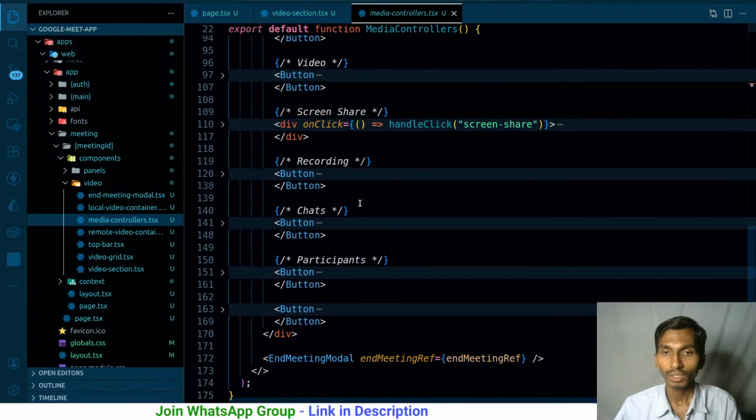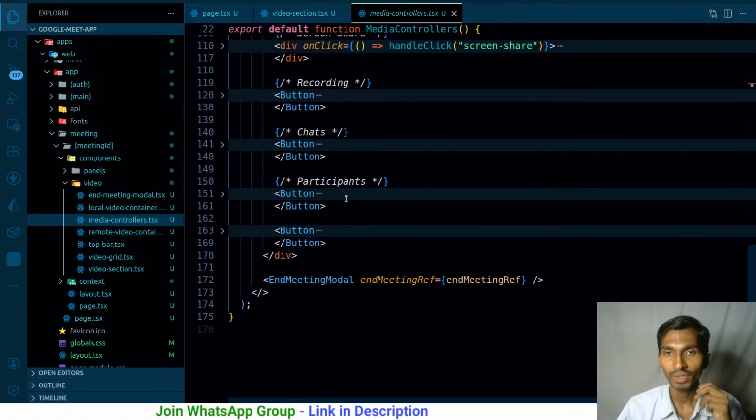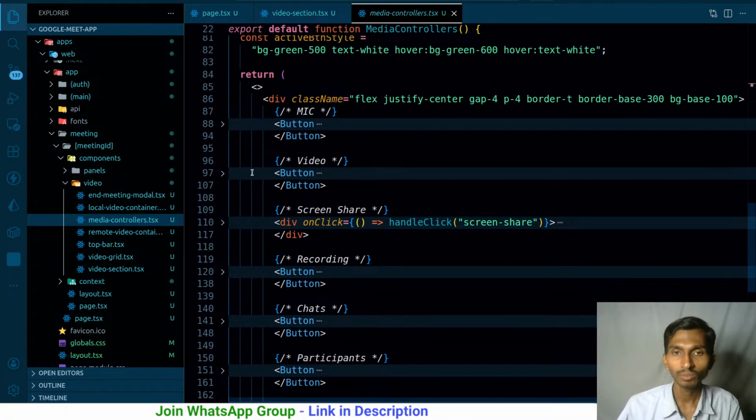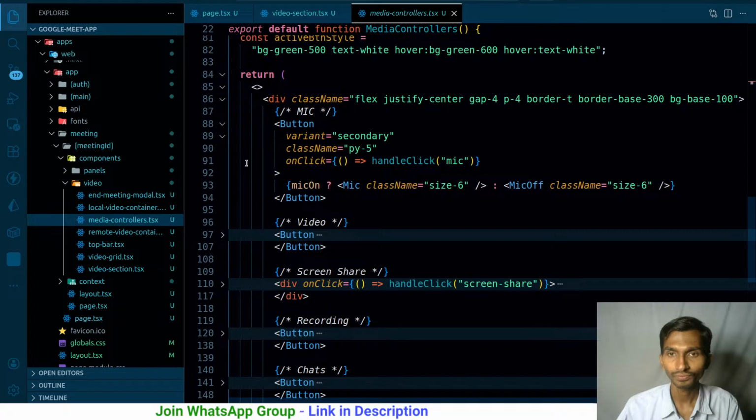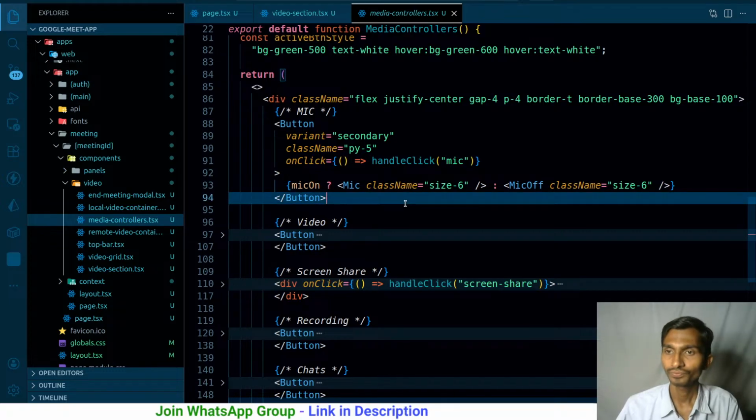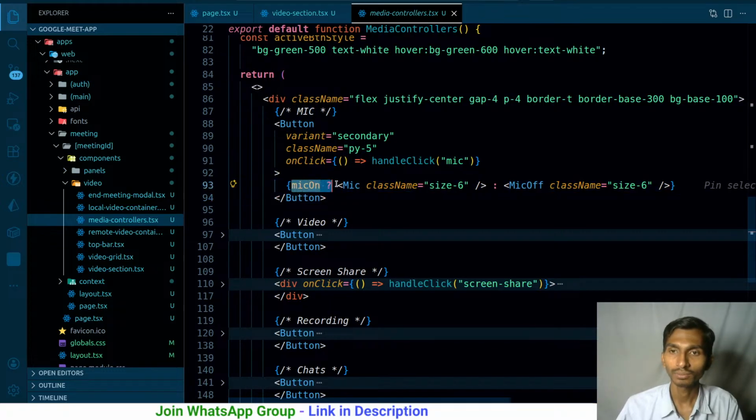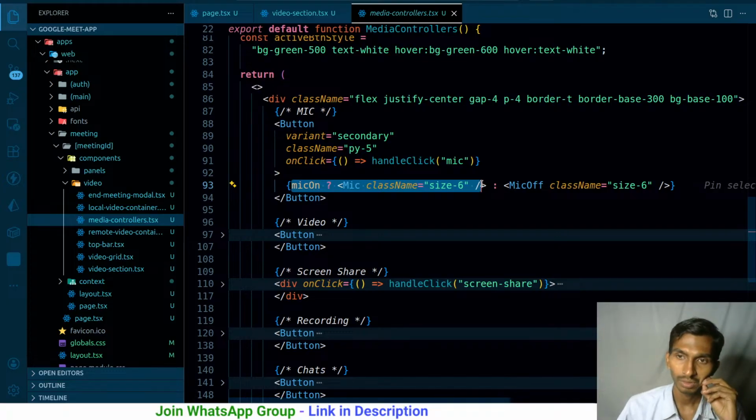Coming back to this, here we have many components, okay, and at the end they are nothing but buttons. So there is a button, that button has some mic and all. This is fine actually. I should be fine, okay with this. Why?